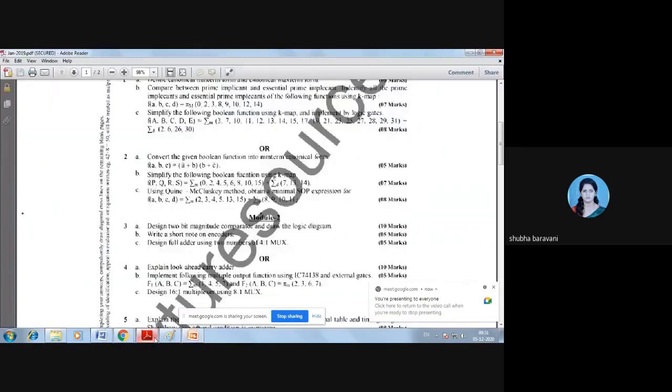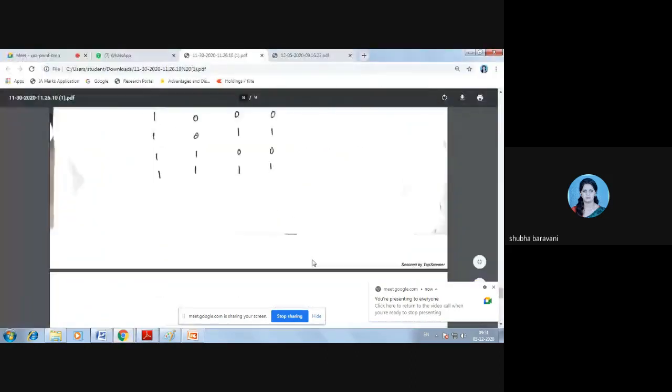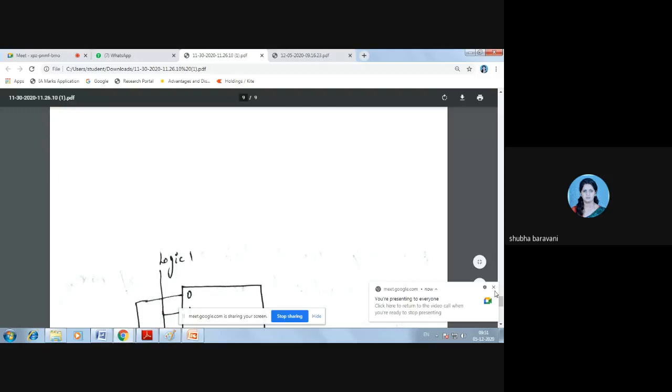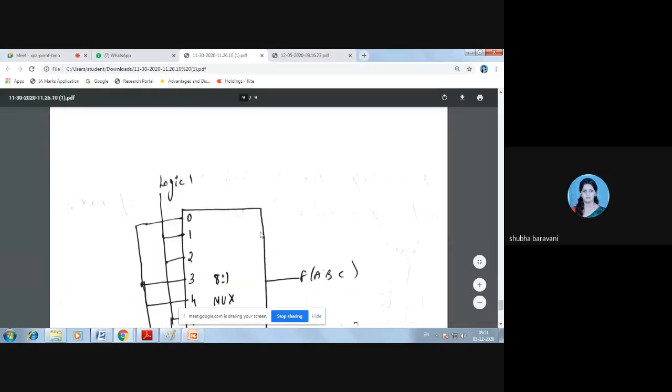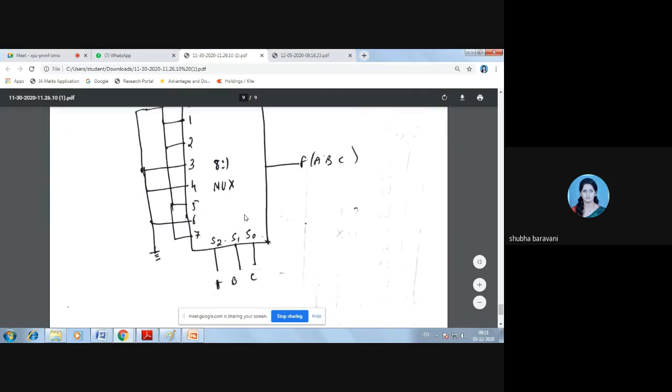Okay. So what I have done here, see, I have implemented an 8 to 1 mux. 8 to 1 mux means you should have 8 inputs, that is 2 power 3 inputs, 3 select lines and 1 output.